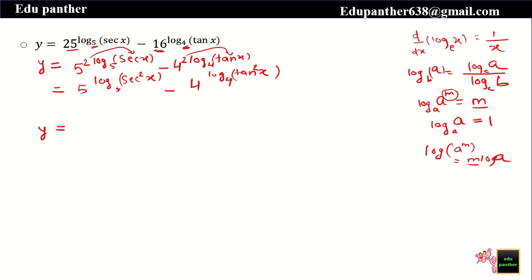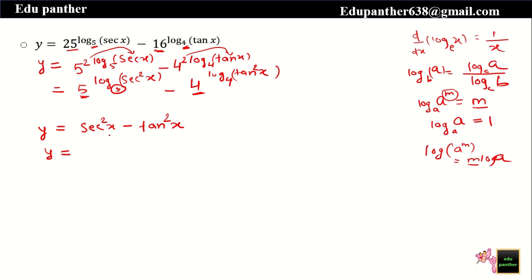Now this is the most important step. So here the base of this term is 5, similarly the base of log is also 5. So these two are inverse functions of each other, so they will cancel out each other. So what will remain here? Only the power of this log term. So we will get sec square. Similarly here the base is 4 and the base of log is also 4, so they will cancel each other because they are inverse of each other, and then we'll have tan square x. So now there are no logarithmic terms here, so we can differentiate.